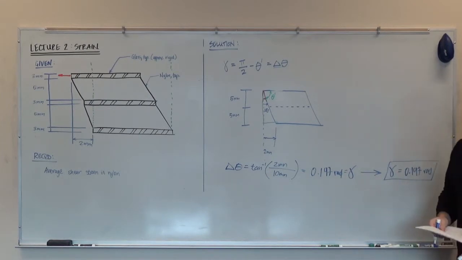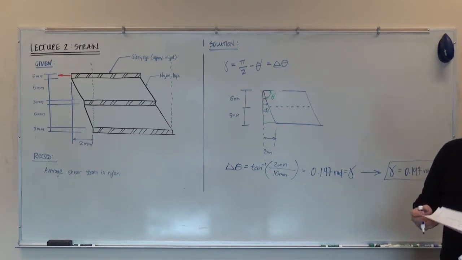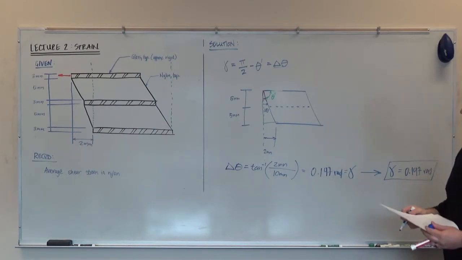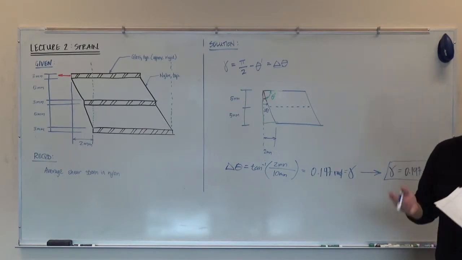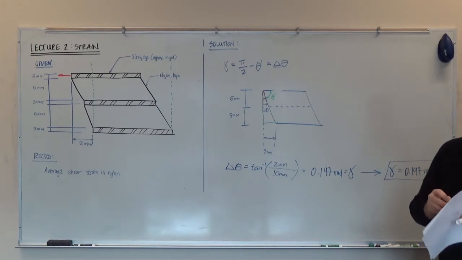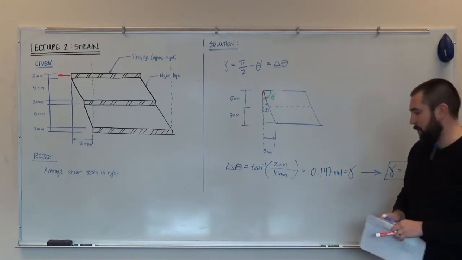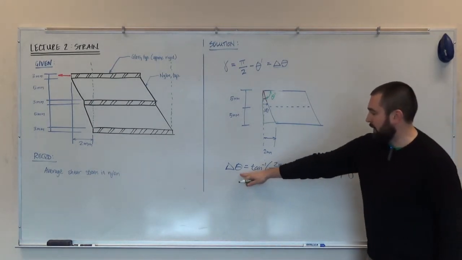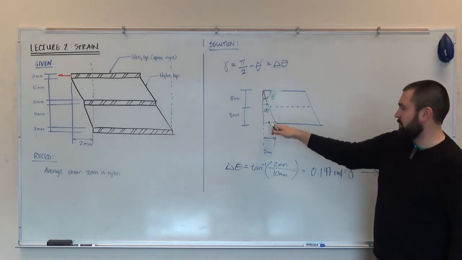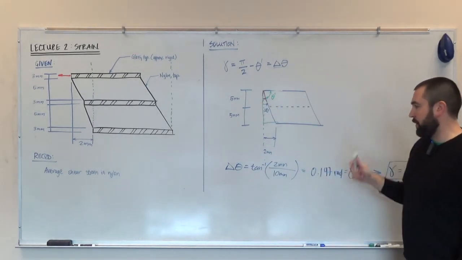Now, something else that we talked about in lecture 2 is that oftentimes with engineering systems we have a relatively small amount of deflection, rotation, things like that, and it usually makes it easier for us to simplify using small angle or small deflection approximation. And so I'll just give you an example of how that would work here. Here we said that delta theta is equal to the inverse tangent of the ratio of the sides of this triangle, which is absolutely true. That's the definition